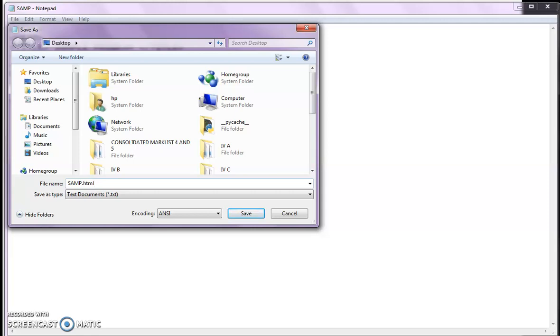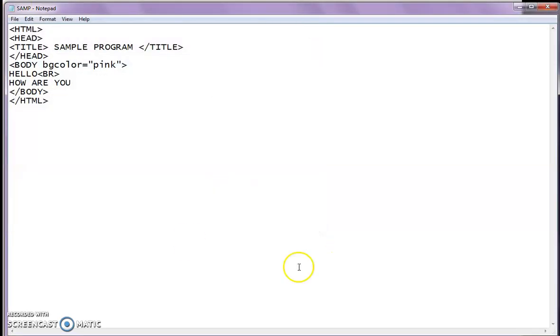When you save this Notepad program with that extension, it will be saved as a web page in your system.